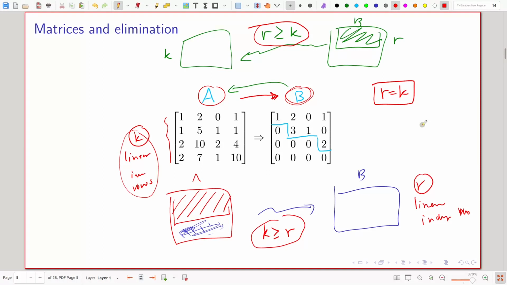You need to come back and think about it for a little bit before you can believe it. But if you don't really want to think about it, you can sort of believe me that the rank remains the same. But the idea is not that hard. Alright. So the rank is the same.